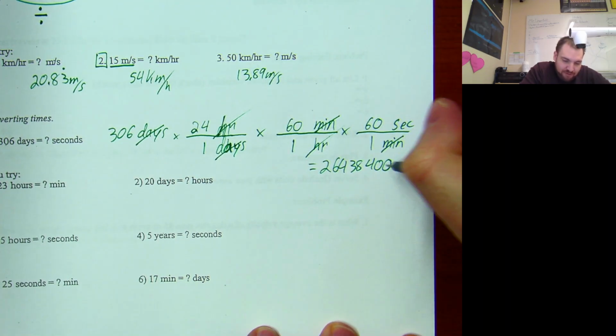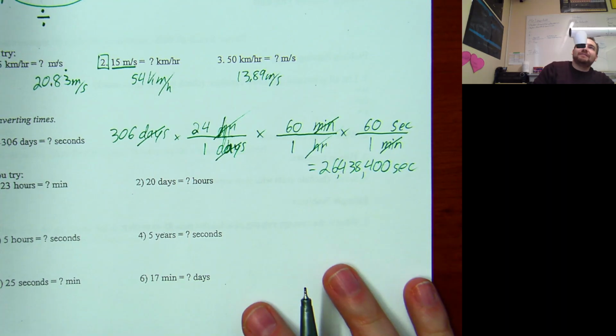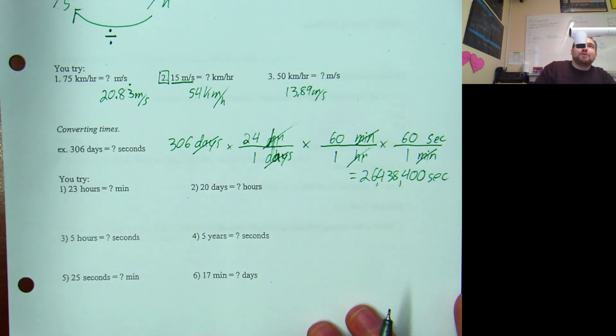26,438,400 is the correct value. So a little bit more than 12,000. Yeah. Out by 3 zeros. So an order of 1,000. 1,000 times bigger than our guess. I mean, you're in the same solar system, but